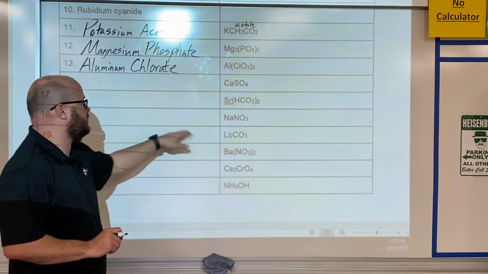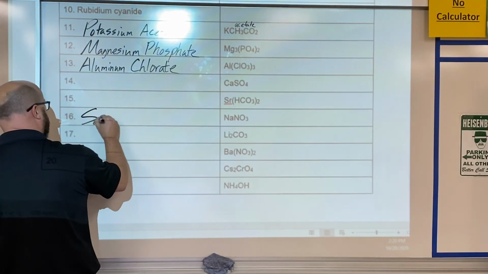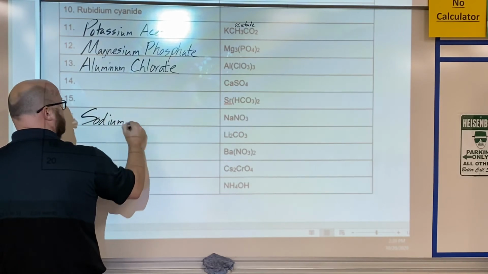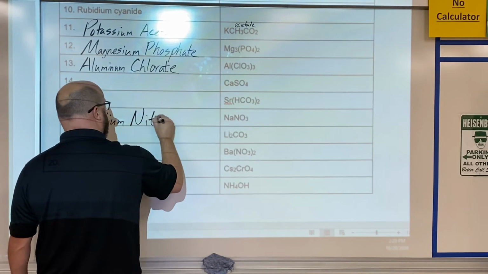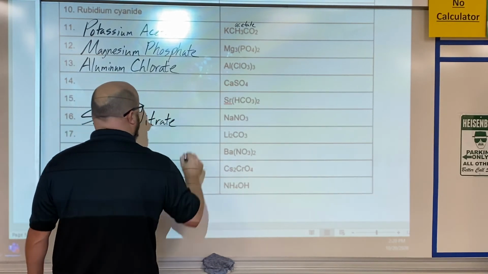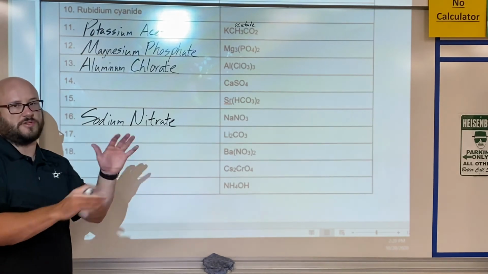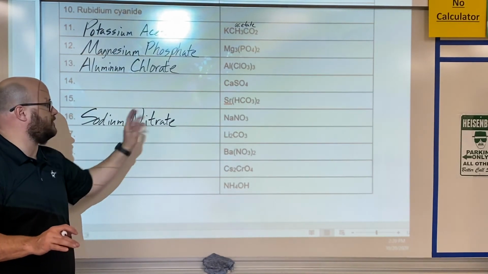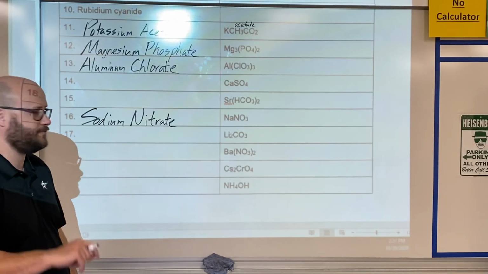How about NaNO3, sodium, NO3, nitrate. No oxidation numbers, no charges, no crisscrossing. Just write the name of the metal, write the name of the polyatomic, except